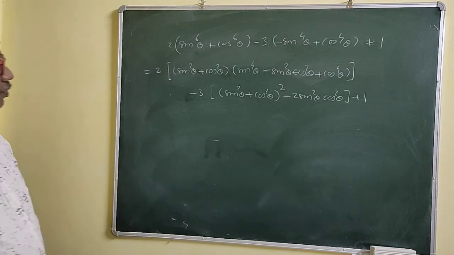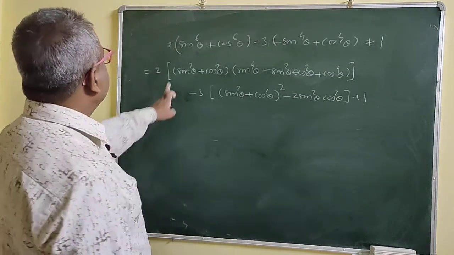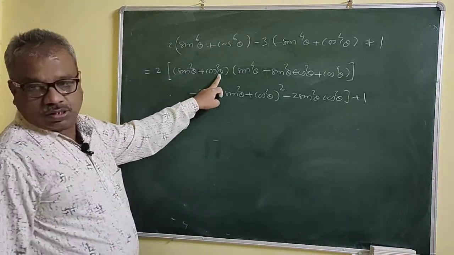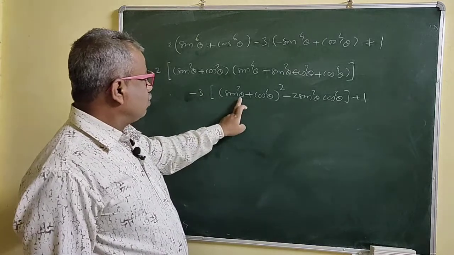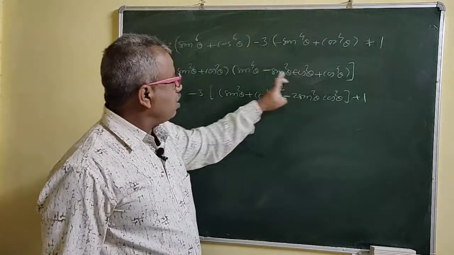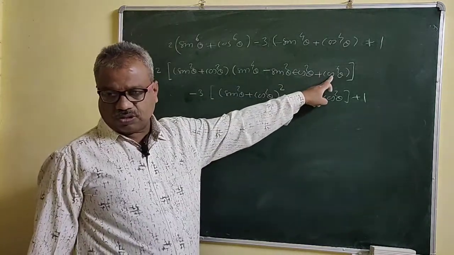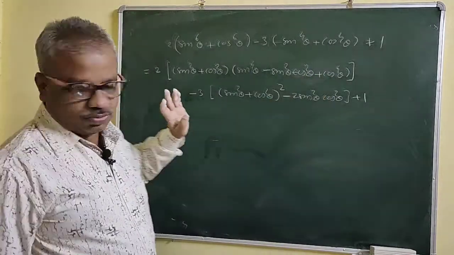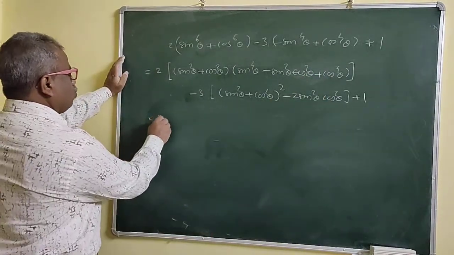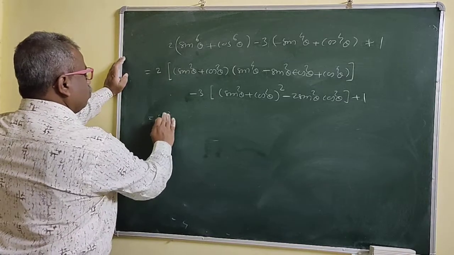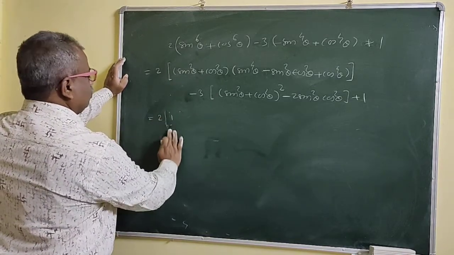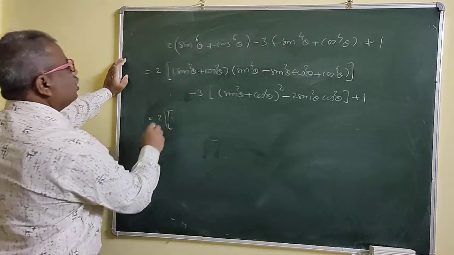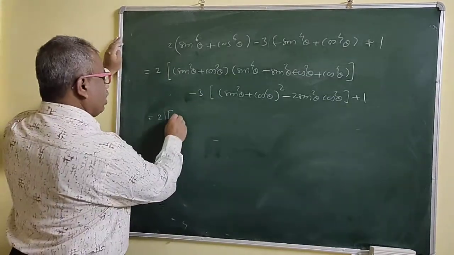Now see, this will be your 1 now. This will be your 1 now. Again the problem is here, this is also 1, right? Now the problem is here also: sin to the power 4 theta plus cos to the power 4 theta. We'll do that one also. So this is 2 into, we'll just write this is 1, so no need to write 1 into. So this is 2 into now. This will be 1 now. So what will we get now here?